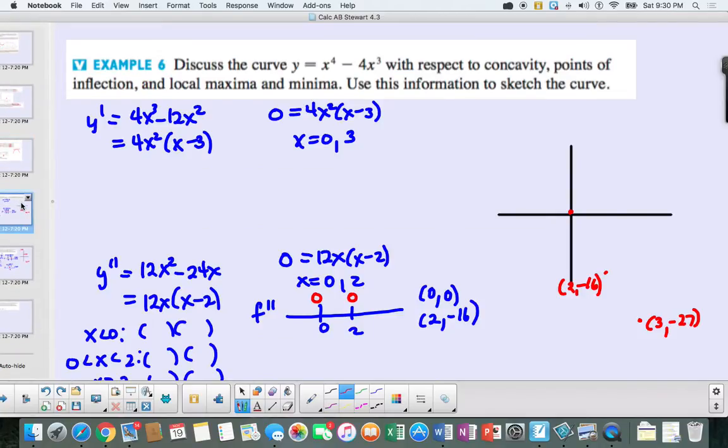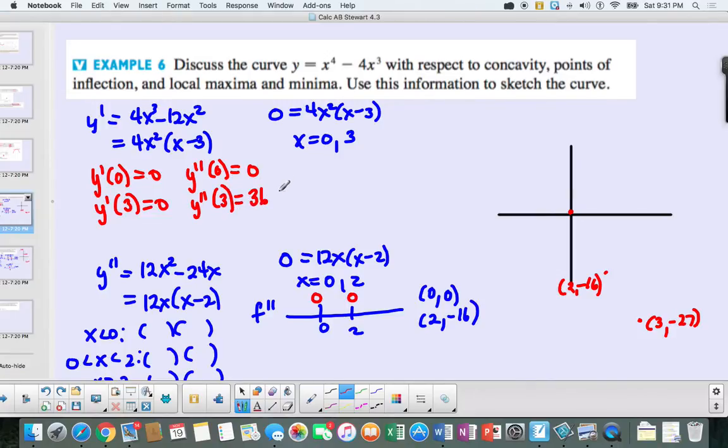Let's take a look at using the second derivative test. Right here I have taken the derivative, I found my critical points, and I know at this point that the first derivative is equal to 0, which means I have a horizontal tangent. I'm going to look at my second derivative, which is going to be 0, so this tells me nothing. I'm going to look at the second critical point, which I know is a horizontal tangent, and then I'm going to test out 3, and I see that it is 36,